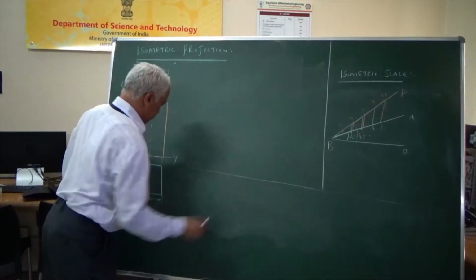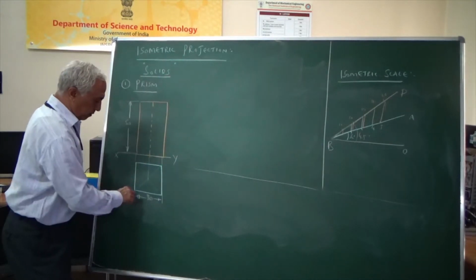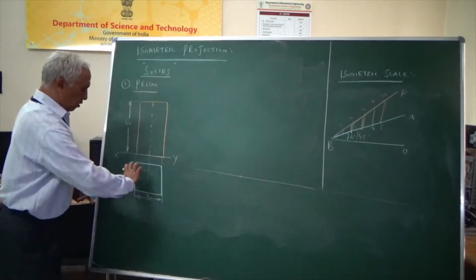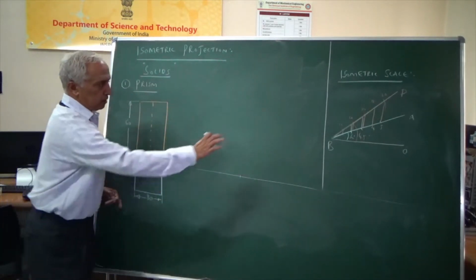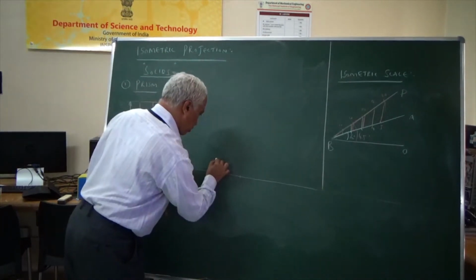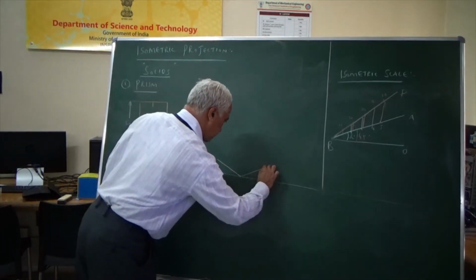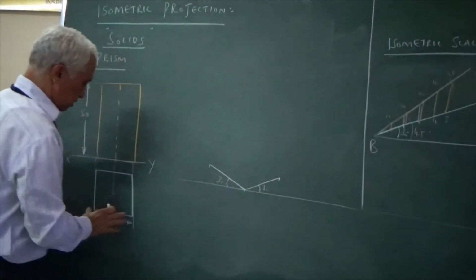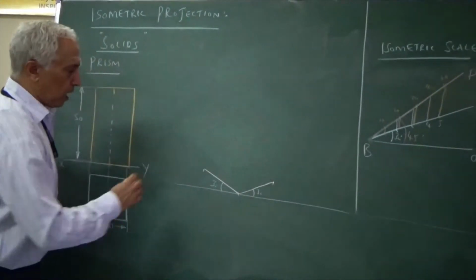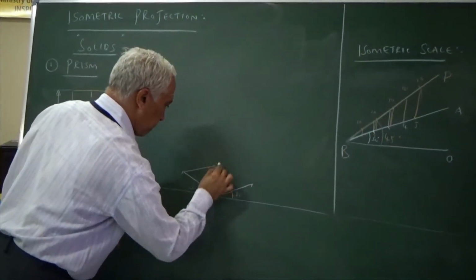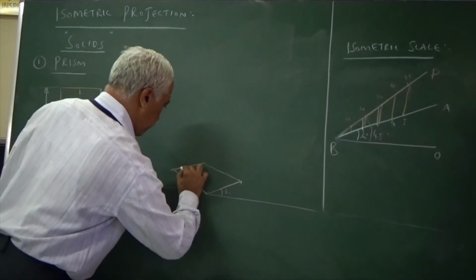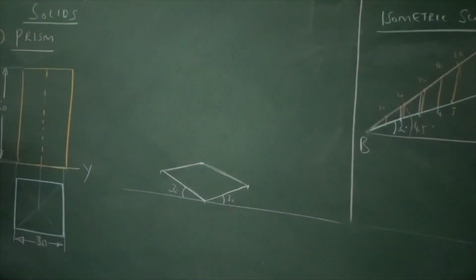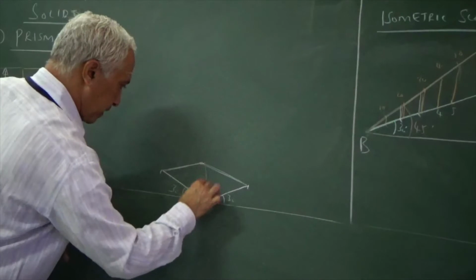We'll draw the horizontal reference line. When we draw a square, I can take any base corner as reference. I choose a point. Now all sides are 30 millimeters, get ISO of 30. Draw two lines inclined at 30 degrees to the horizontal with ISO 30 on either side, and complete the square by drawing lines parallel to the base sides. When you check this, these two points exactly coincide.